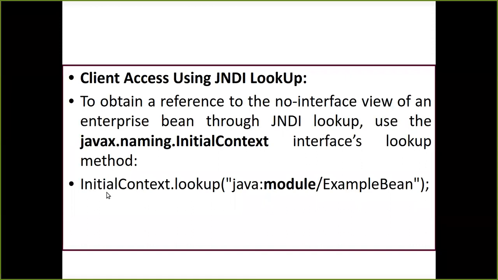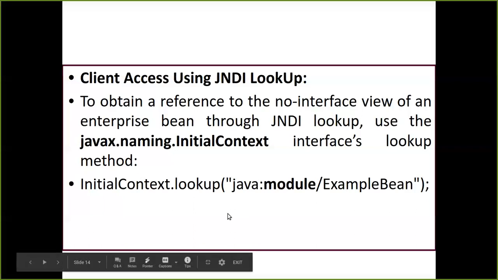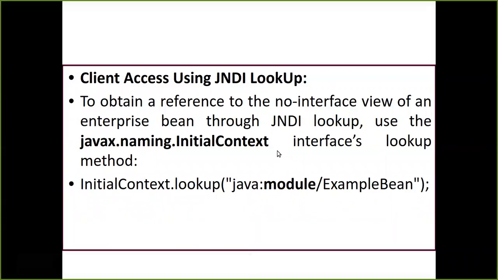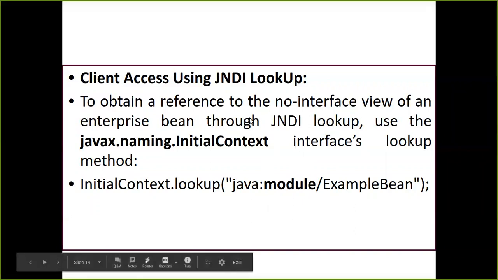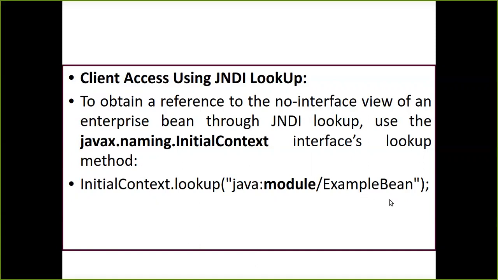Okay. Now, once you import this package, we have to write this statement somewhere in the program: InitialContext.lookup is a method which will help you have a manual reference using JNDI. So inside the lookup method, what you can write is java:module, which will indicate that you want to have client access over the local interface, the home interface. And you can write the EJB file name over here. Understood? So this is using the JNDI lookup.